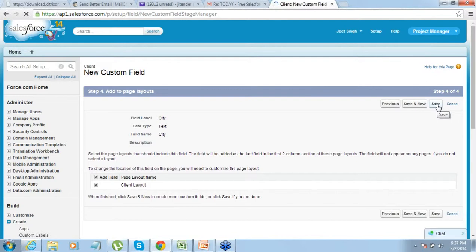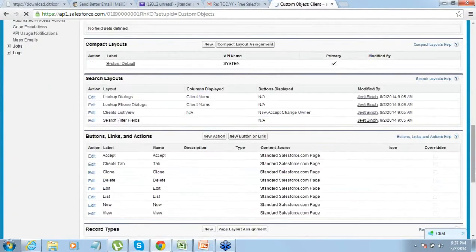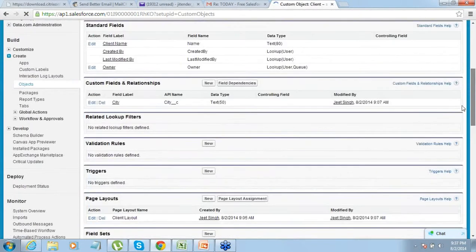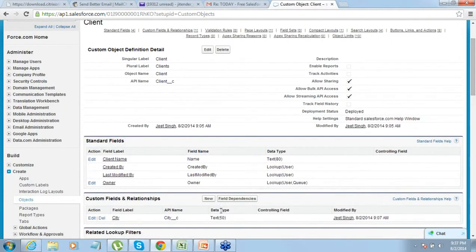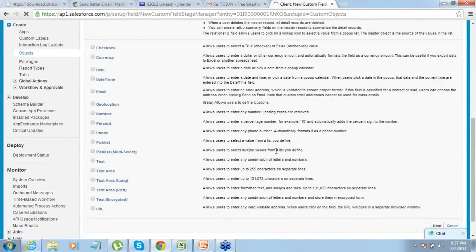And click on save. So I have created one field called city on the client. You want to create one more field, just go to that custom field option, create one more, call it country. This can also be text. Go to next.